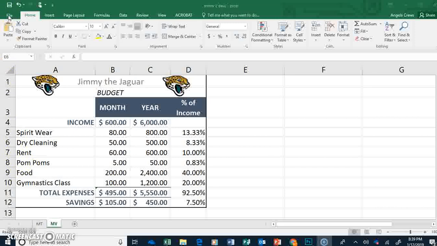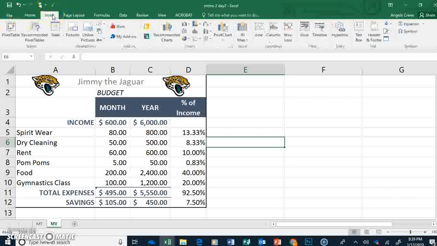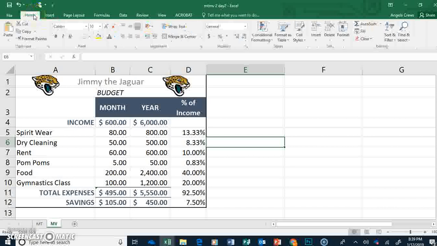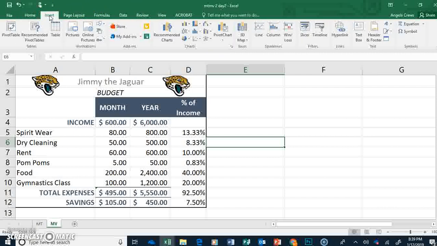In all of the Office files, up here you see tabs. So there's the File tab, Home tab, Insert tab. When you click on the tab, you open up the ribbon. This strip here is called a ribbon, and in the ribbon there are groups, like the editing group, the cells group, the styles group, and the number group. So for this, when we go to chart, we're going to click on the Insert tab to open up the Insert ribbon, and we're going to be using